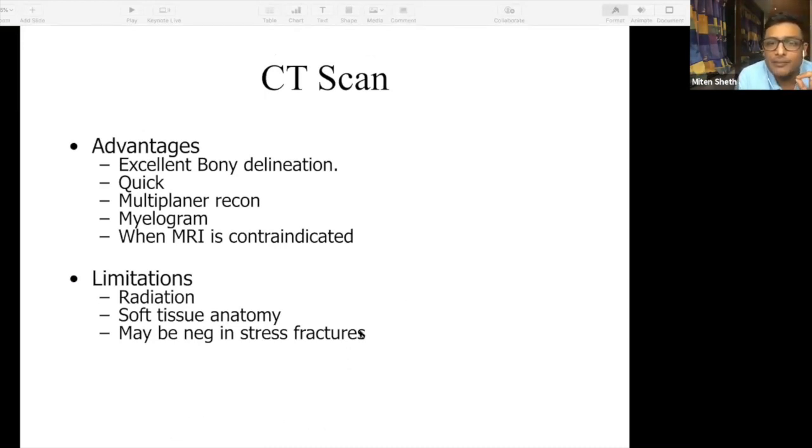Quickly summarizing the importance of an X-ray: it is a very cheap investigation. It is available on every street of Bombay. Patients are satisfied that you have done some investigations, and it gives us a good idea about, one, the quality of the bone, if there's any gross fracture, if there is any gross decrease in the disc space, if there is any lysis, if there is any listhesis. If there is a lysis or a listhesis, is there a dynamic component to it, or is it a static component, or are there any other problems like tuberculosis or infection or tumor? So this gives you a broad idea about the X-ray.